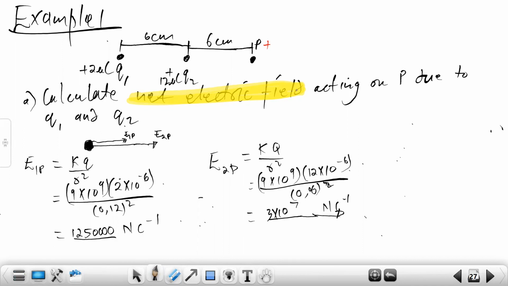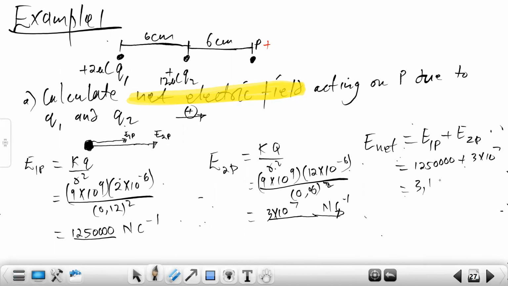Thank you very much. Then E-net is equal to E1P plus E2P. So now this becomes easy in terms of the direction; I can just say everything moving into that direction must be positive. So I'm going to have 1,250,000 plus now 3 multiplied by 10 to power 7, which is just equal to something like